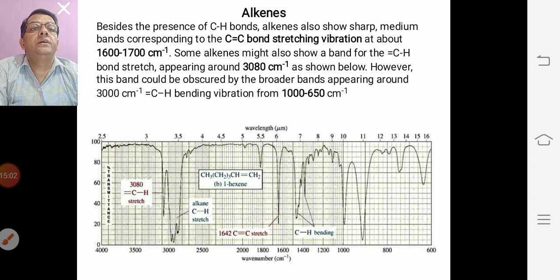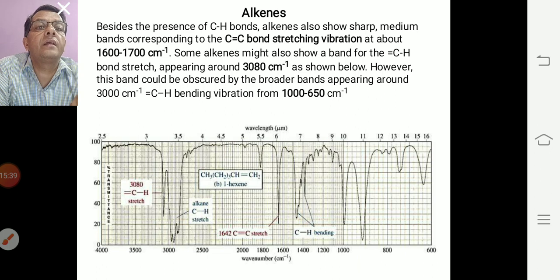Some alkenes might also show a band for the double bond CH stretch appearing around 3080 per centimeter. That is just after 3000, as shown here in the spectrum. However, this band could be obscured by the broader band appearing around 3000 per centimeter, and the CH bending vibration from 1000 to 650 per centimeter. And here you see the CH bending and the C double bond C stretch in the